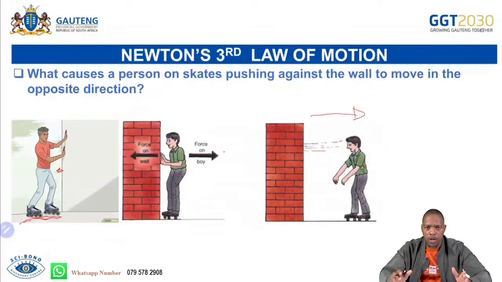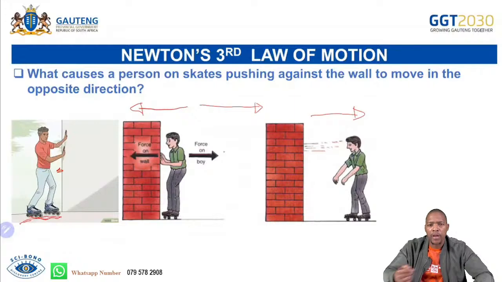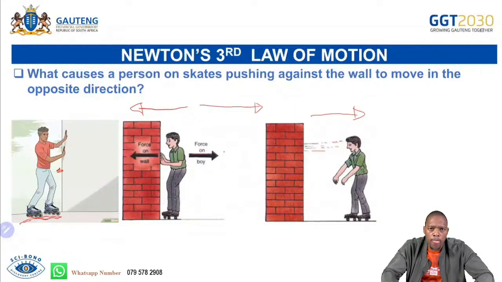The guy pushes the wall, and he pushes the wall in this direction. Yet the guy moves in the opposite direction. It's not the wall that is moving, it's the guy that is moving. But it was the guy that was exerting the force on the wall. How does this happen? Well, Newton's third law gives us an explanation, and it gives us an understanding of how